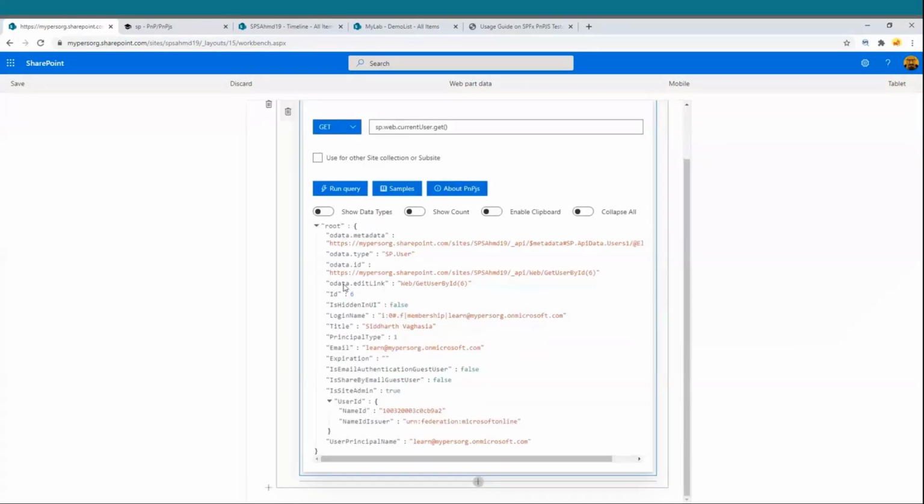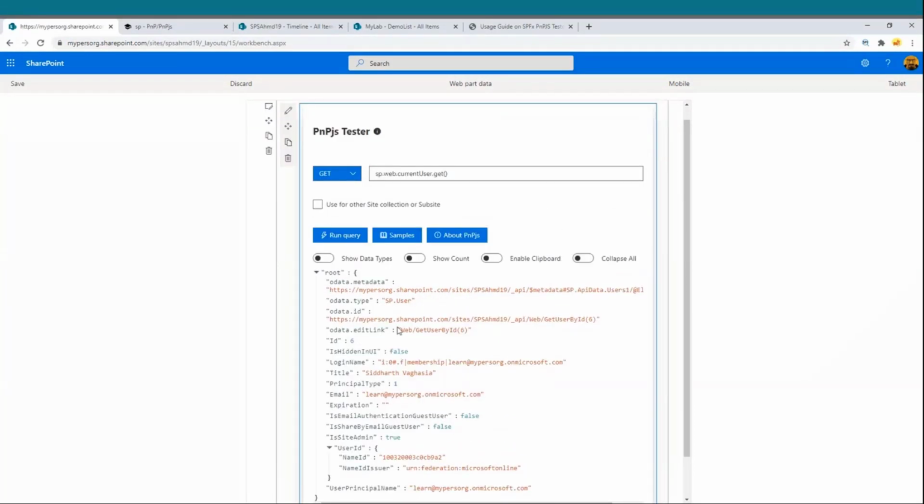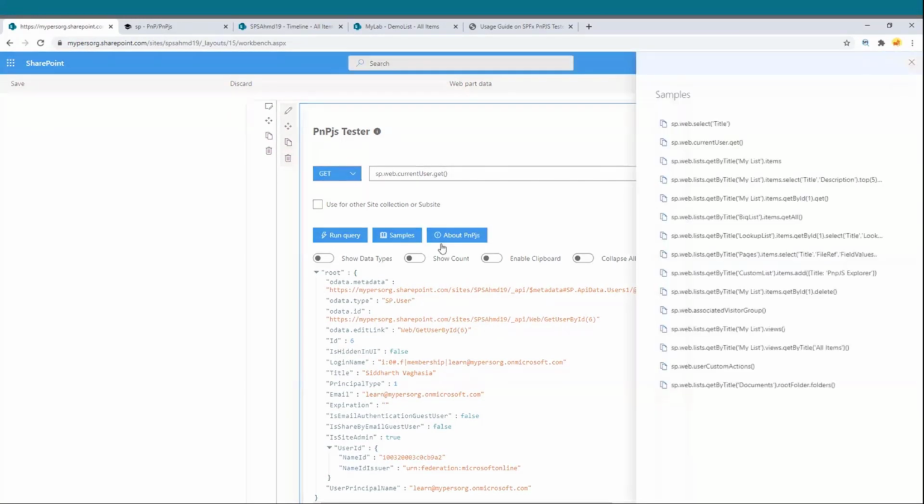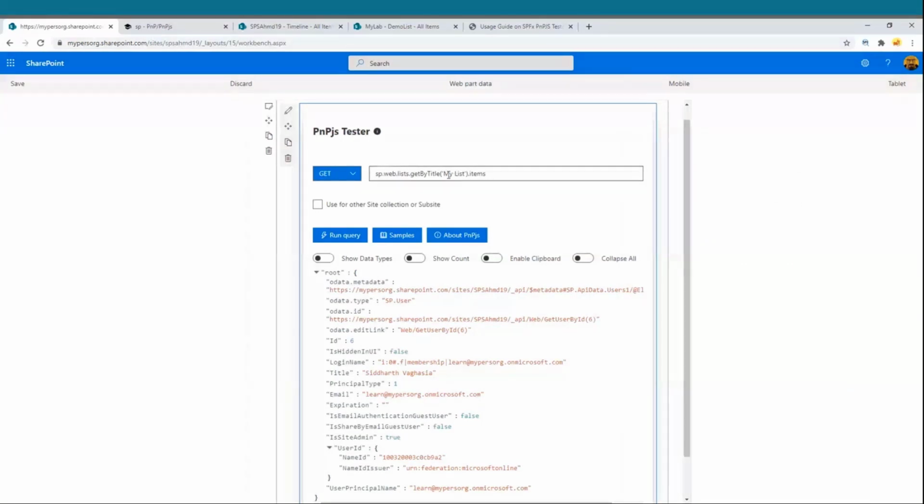And in fact, there we can see what all attributes or properties are being returned by this particular method. Similarly, just another example like getting an item from the SharePoint list. This is the most typical use case we use. So I do have a list which is created, and I'll just modify the list name in the command.